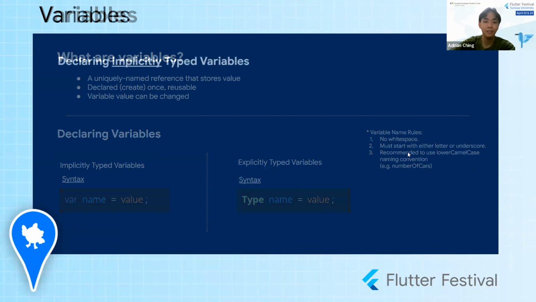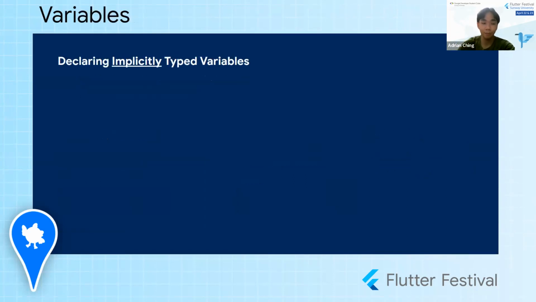Okay, now let's start with the implicitly typed variables first, because it's simpler, because Dart will be the one doing the work for you. To declare implicitly typed variables, you just use the var keyword over here, then the variable name, which can be anything you want as long as it follows the simple rules, and a value.